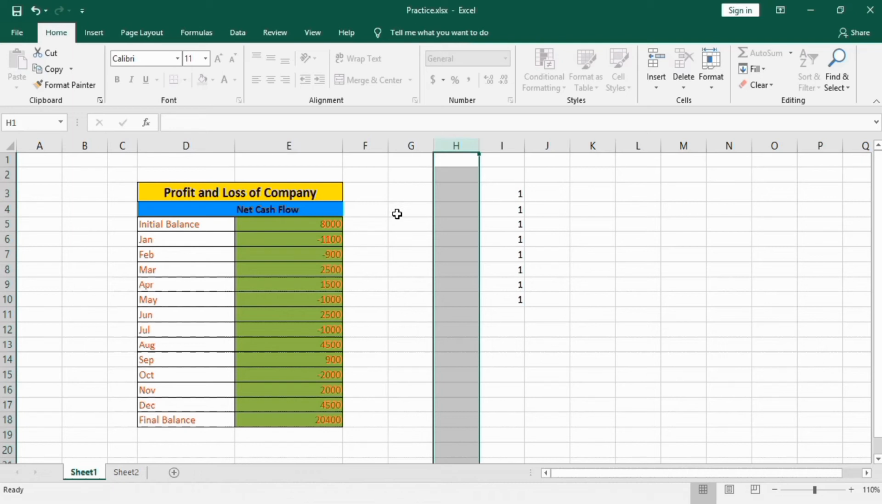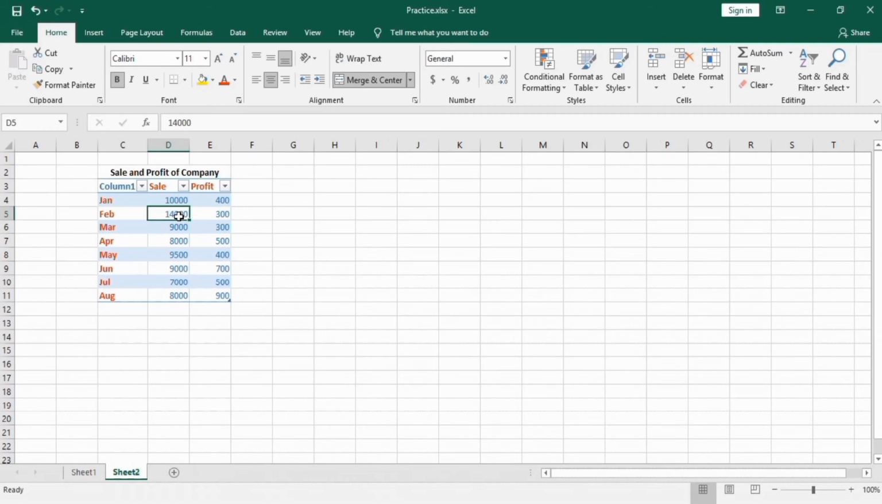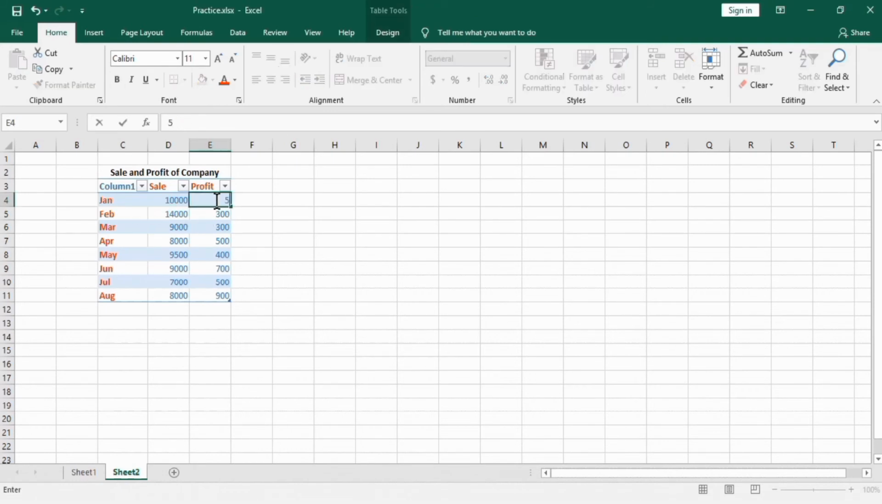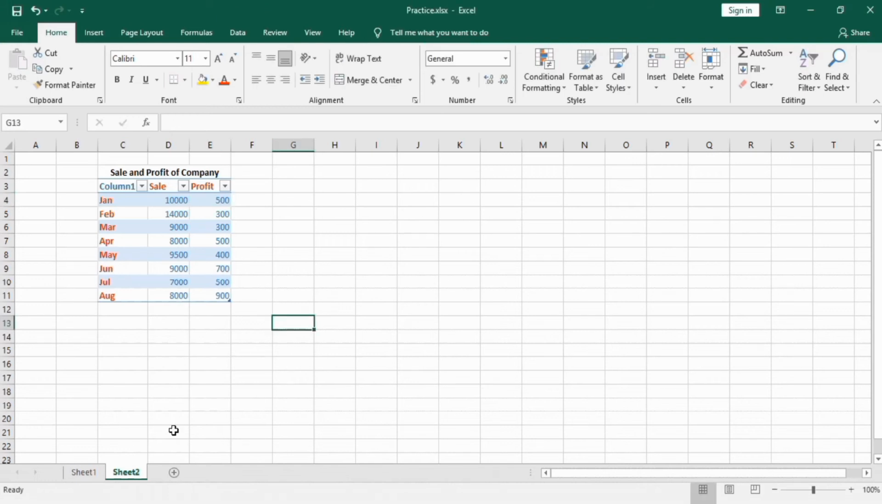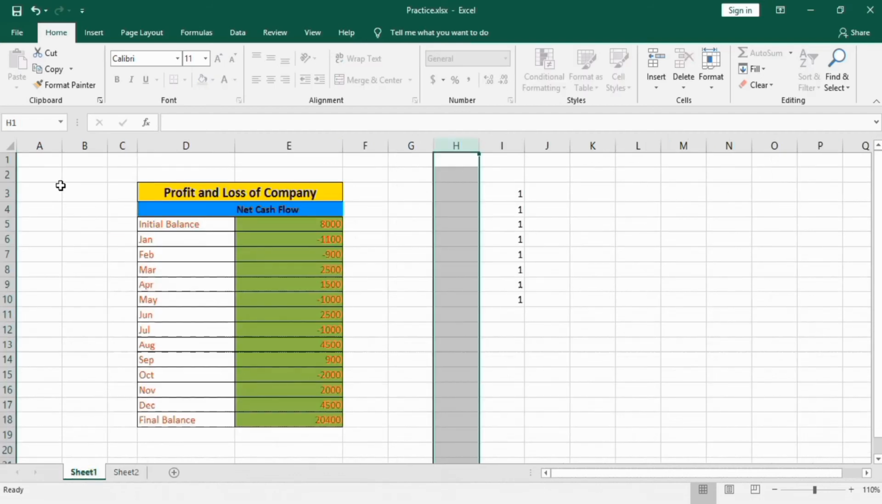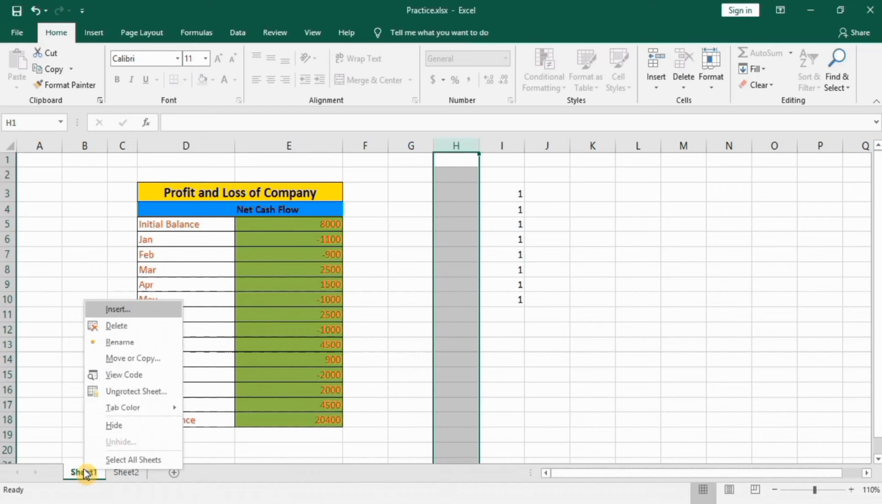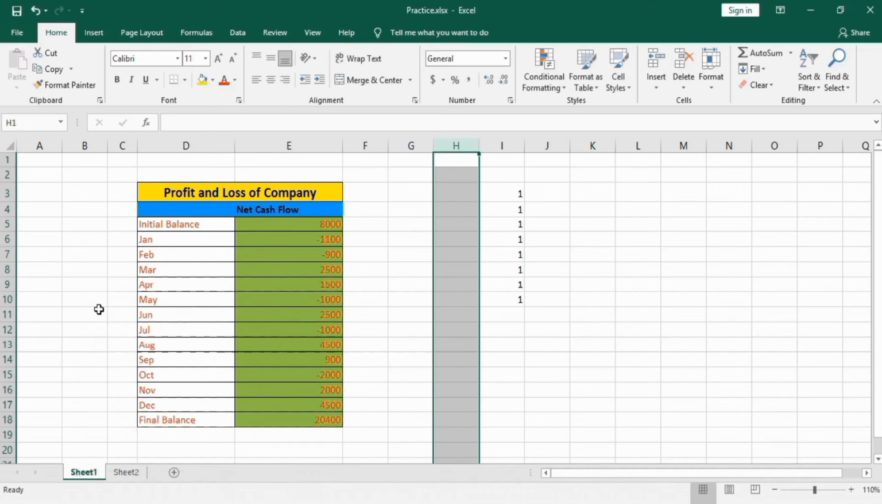Now this is the setting for one sheet, and if you have multiple sheets, for example here, you can still make changes in it. For example, I will type 500. So how to protect the whole workbook? For that, you just go to file. Firstly I will unprotect this sheet. So it is unprotected. To protect the whole book, just go to file,